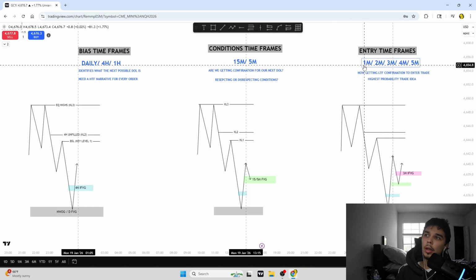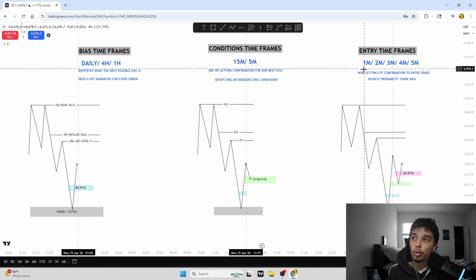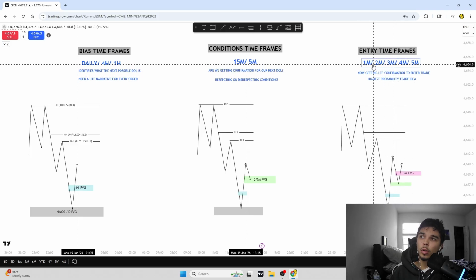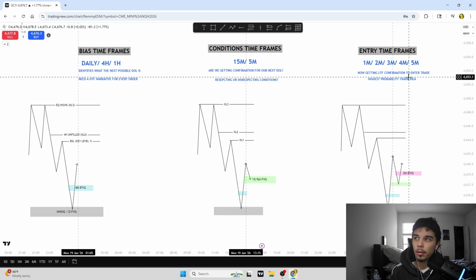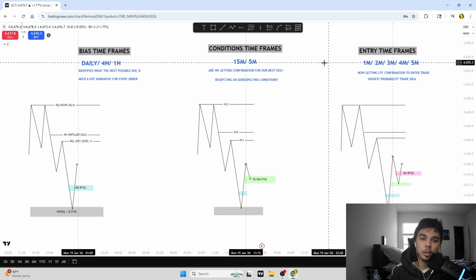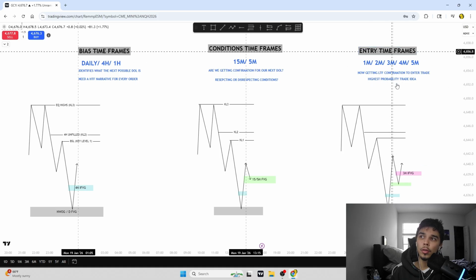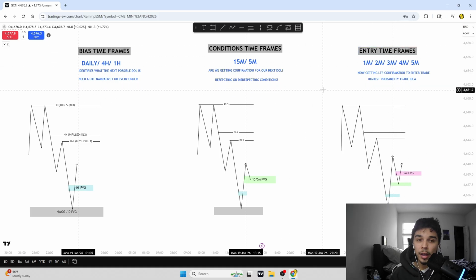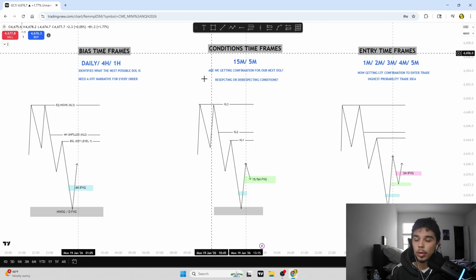Okay, so if there's no 2, 3, 4, or 5 minute, we're going to enter off the 1 minute. If there's no 4 or 5 minute and there's a 1, 2, and 3 minute, we're going to wait for the 3 minute to close, right? So on and so forth. It's just going to be the highest time frame inversion out of all of these time frames. Okay, we're not worried about the 6 minute, we're not worried about the 7 minute. Okay, we're not going to enter off a 15 minute inversion. If we do get a 15 minute inversion,